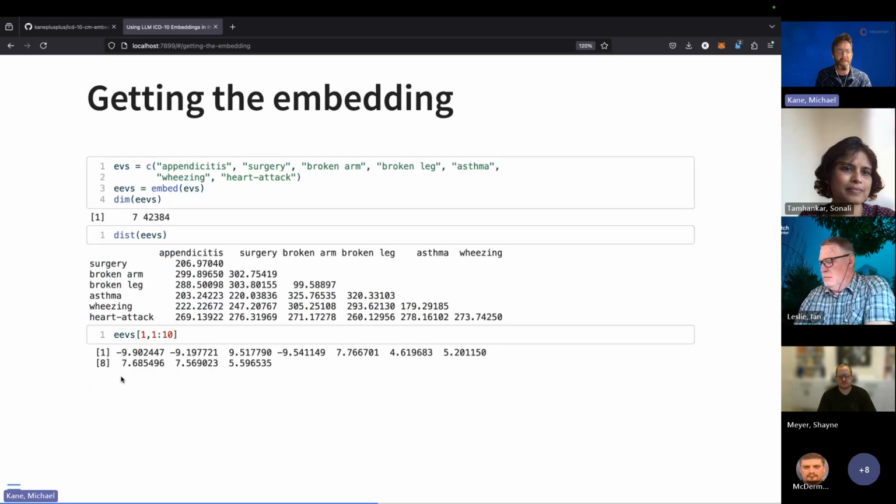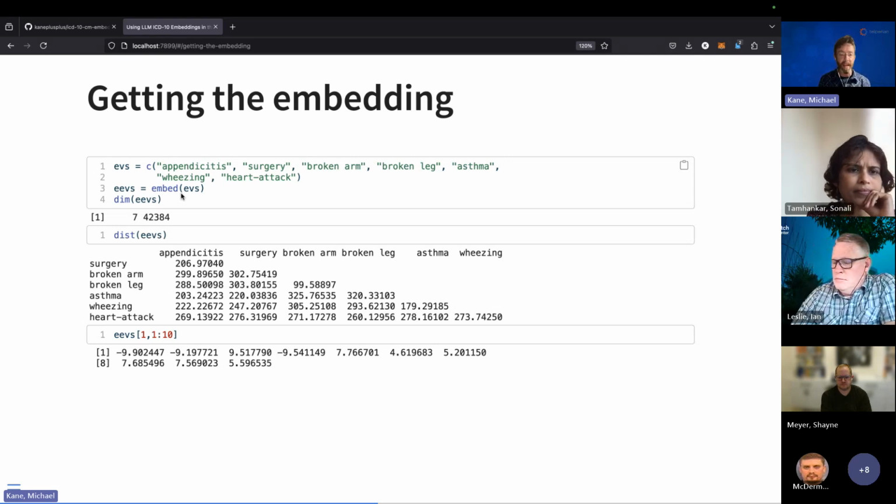All right, so if I actually want to get the embedding, I'm not showing some of the code here. It's again available in the GitHub repository. But what I want to do is just make sure that intuitively, I believe the results for the embedding. So again, the embedding is this numerical representation of a term or sentence. And so what I'm going to do is pick a couple of conditions. So here I have appendicitis, surgery, broken arm, broken leg, asthma, wheezing, and heart attack. And I'm going to embed these strings using BioGPT,